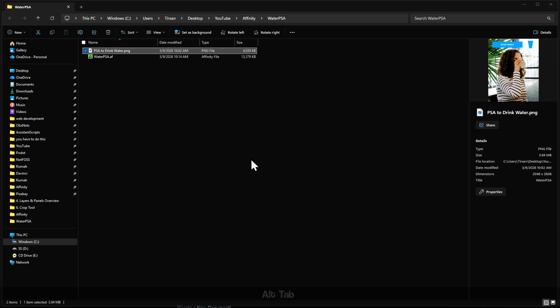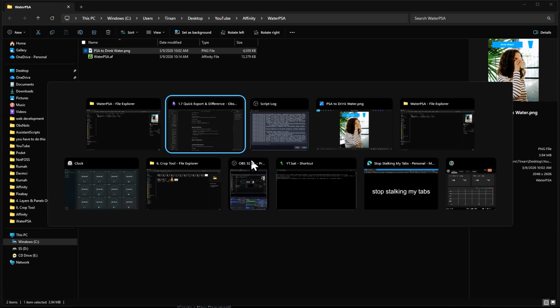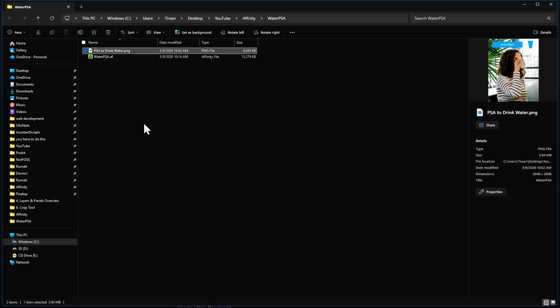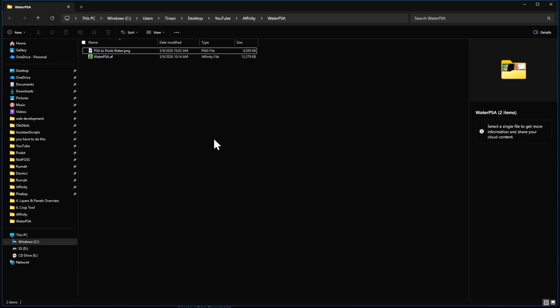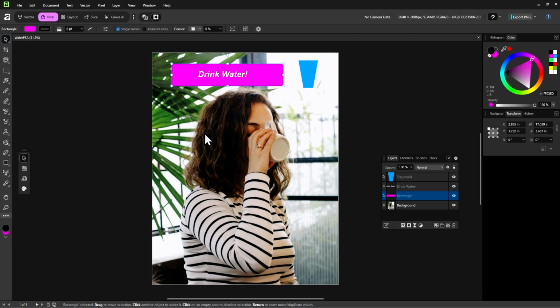Now that our Affinity app is closed, let's go back to where you save your Water PSA file and double click it. Now, unlike when we double click that .png file to open it up, once we double click this Affinity file, we still have the layers from before: the rectangle, the text, the cup, and the image.